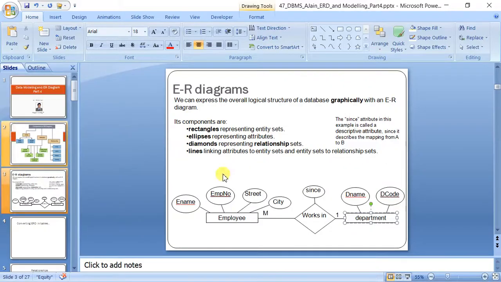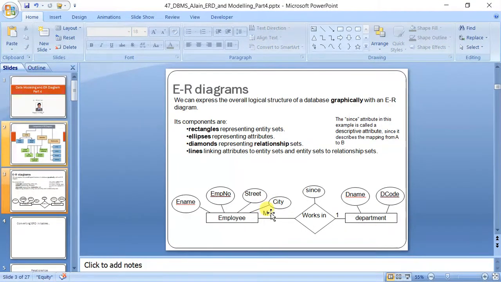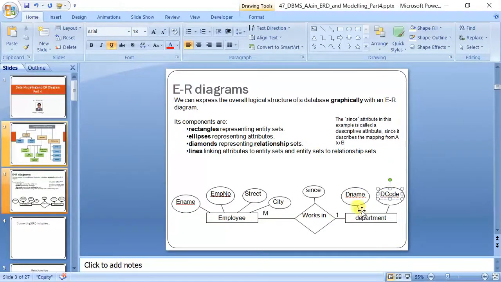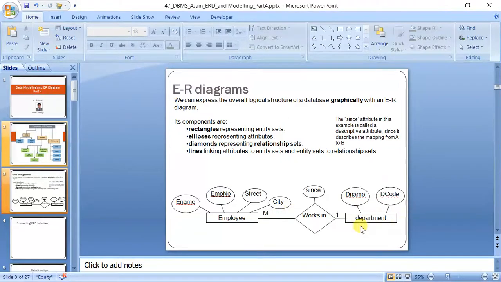So what is the rule of conversion? The rule of conversion is that you take the foreign key on the many side of the entity. Okay. So where I have taken the department code, as you can see in this diagram, this department code was the primary key. This is underlined, you can see. And here this employee number was the primary key, but the department code is not shown as a foreign key because in an ER diagram, foreign keys are not displayed. But it is understood that since there is a relationship, this foreign key will come here during table creation. This department code will be used on the many side, as you can see.